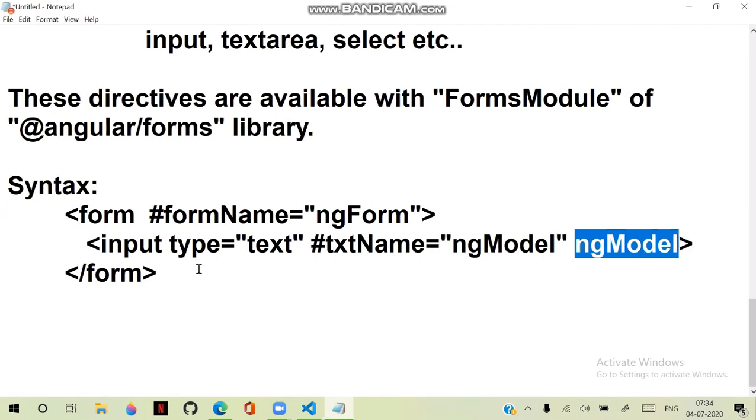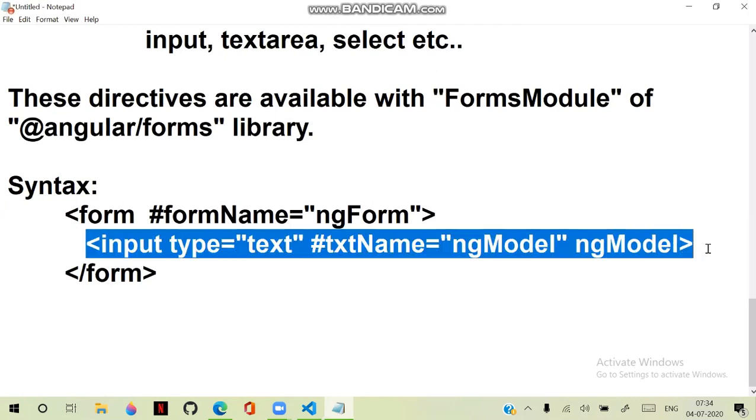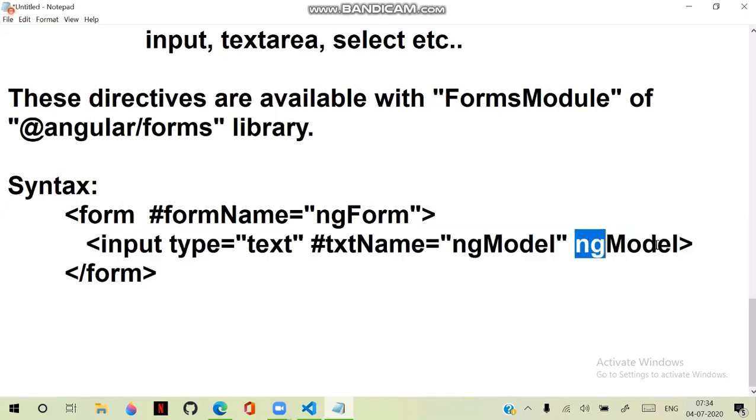So first you have to make this text box dynamic. For that we need to use ngModel. So it becomes dynamic. After becoming dynamic,